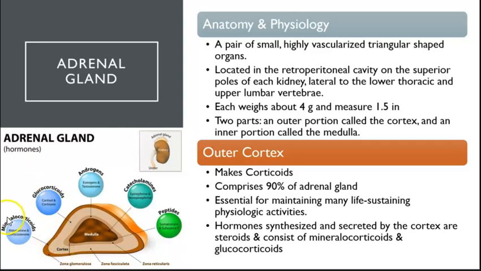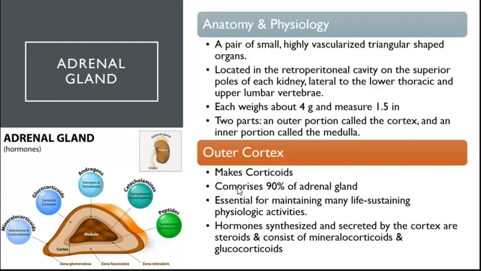So the two that we focus on are your mineralocorticoids and your glucocorticoids. Now, what is aldosterone? Aldosterone is part of the RAS system. It gets secreted so that we can retain the fluid and the salt, or it stops being secreted so we get rid of the fluid and the salt. And then your cortisol is a stress hormone. It helps regulate our body when we're in stress or having physiologic activity so that we can stay going, really.